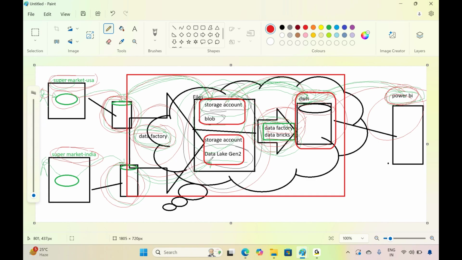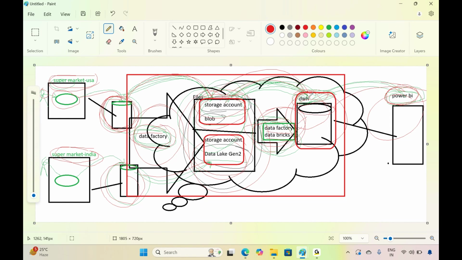To store the data, we have different kinds of storage-related software services. One is the storage account, blob storage, data lake. First we are saving all our data as files. When you are moving the data from this business server to Microsoft Azure Cloud using Data Factory, we are not going to apply any data cleaning or data transformations. Once your data lands in this staging area, from there you load into your target. We have a data warehouse over here. In between the storage account and the data warehouse, we are going to apply transformations, data cleaning techniques, all those things.